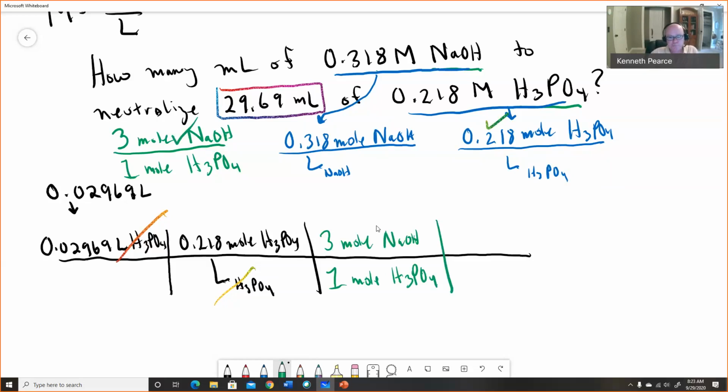And then finally, we have the molarity for the sodium hydroxide, and we're going to have to flip that over to get mole sodium hydroxide on the bottom. So we say liters sodium hydroxide, moles, we need to put the units in, 0.318 mole sodium hydroxide, and that will get us liters. And then we can take our answer in liters and move the decimal point back over to get milliliters for our answer. So let's put this in our calculator,